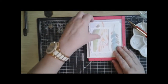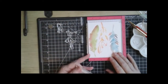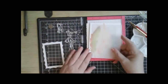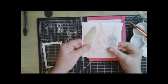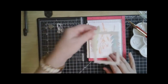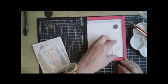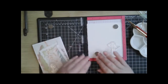I first started off by doing the Crafter's Workshop Feathers stencil on my card base, and then I'm laying down some vellum to soften the appearance of it, and I'll glue down the vellum and then attach the frame on foam dots. So to start, on watercolor paper, I'm using Fabriano hot press watercolor paper, 140 pound, to do this,